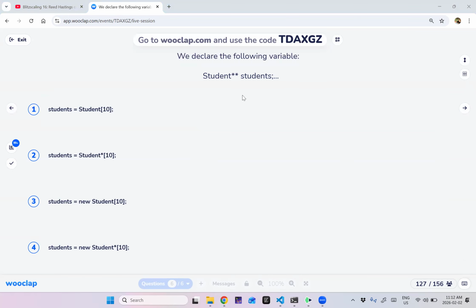Yes, it is similar to malloc in C. In fact, new will, behind the scenes, make a call to malloc, but it also calls the constructor, right? So it calls malloc, you get a piece of memory, and then you call the constructor, which initializes that piece of memory. So it's a malloc and an initializing function in one. All right.